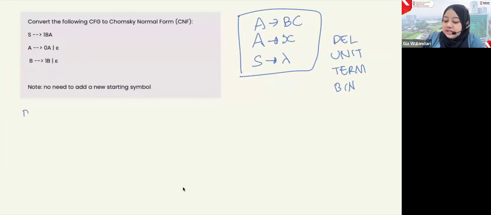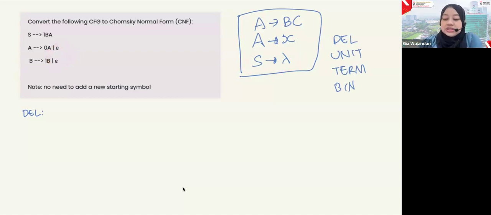In delete, you basically delete every epsilon or empty string rule, because epsilon rules are only allowed from the starting symbol. So other than the starting symbol, we need to delete them. How can we delete them?